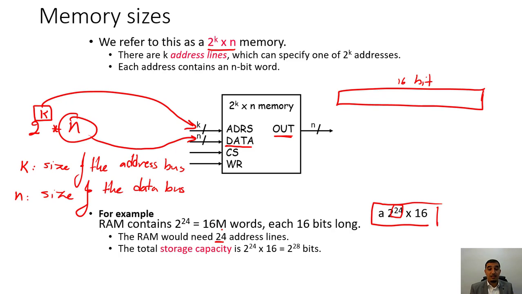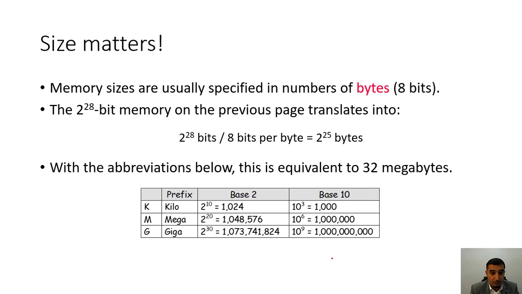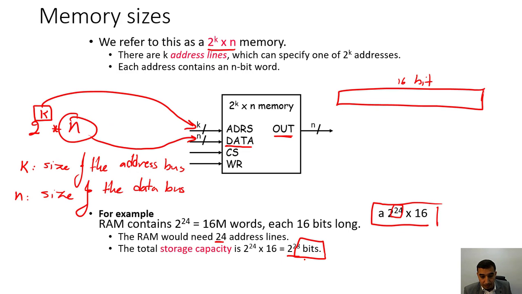So the total number of bits that can be stored in the RAM will equal 2 to the power 28. Of course, 2 to the power 28 is 256 mega bits. Remember, here we are talking in bits, megabits of data. Now, does the size matter? Yes. Memory sizes are usually specified in number of bytes, which are 8 bits. So the 28-bit memory previously, this 28-bit memory,